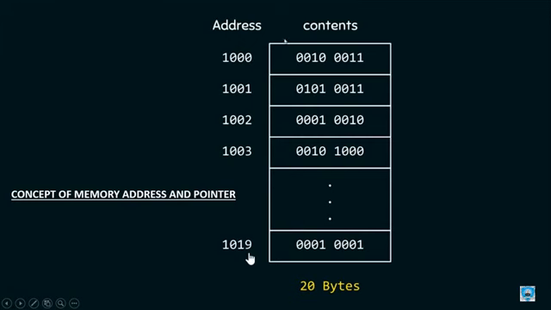So it is very important that each byte or each character or each number that you are saving within temporary memory or primary memory is always stored in a memory cell. The collection of memory cells is known as a memory block, and in this figure you can see a 20 byte memory block. This memory block stores the value, and it has an address. So I think you understand the concept of memory address.